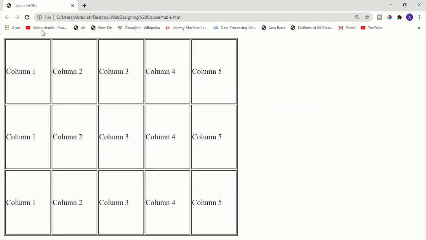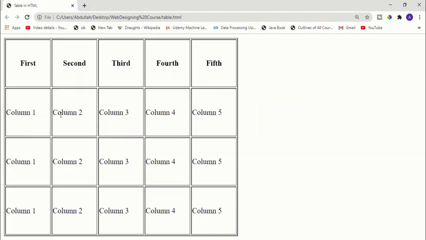If I go back, if I refresh it, can you see the difference? There are 2 differences between the td tag and th tag. The first thing is that in the td the text is left aligned, but here the text is centered. Another thing is that this text is a little bit bold. So whenever you use th, it will automatically make your text centered, and it will automatically make your text bold. So that's the benefit of using th. Now let's talk about the other things.